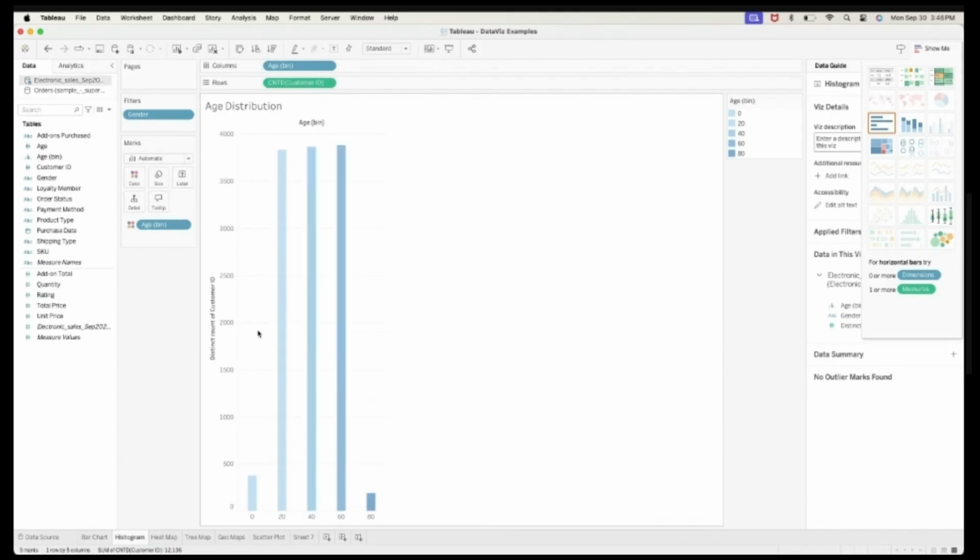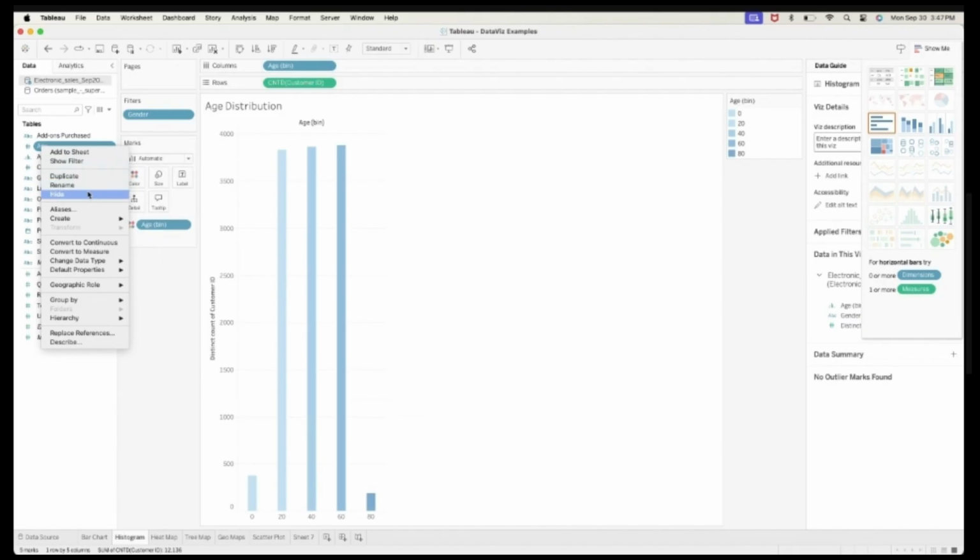And this is where I use the bin. What I did here is I created the bin. From the dimensions, right click, and then create bins.